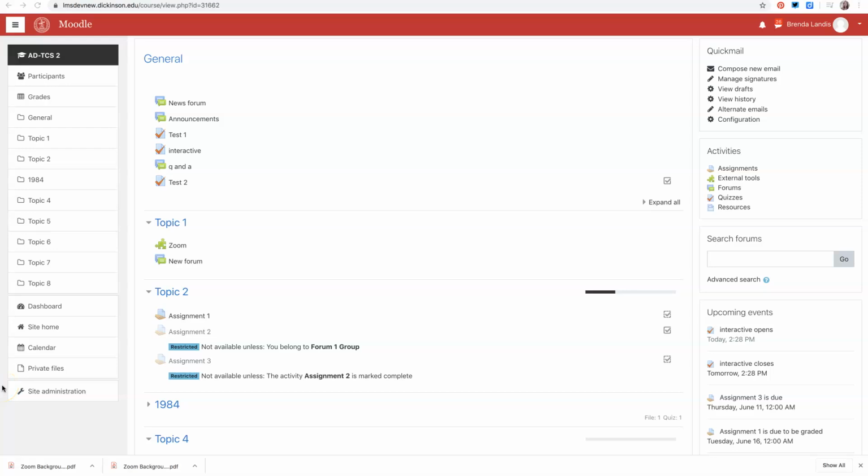We're going to be looking at restrictions, groups, and how to use overrides on different assignments and quizzes in your course. There's a couple reasons why you may be using these. One, it could be that you have students that are going to have accommodations through disability services. For instance, here we have a couple of quizzes, and some of the accommodations are that they are allotted time and a half or double time. So there might be some restrictions, not restrictions, but overrides that would allow you to give additional access to certain